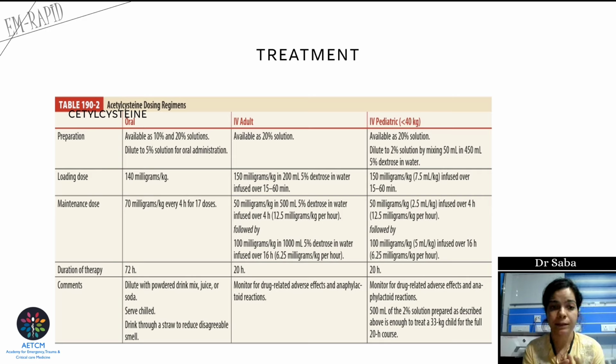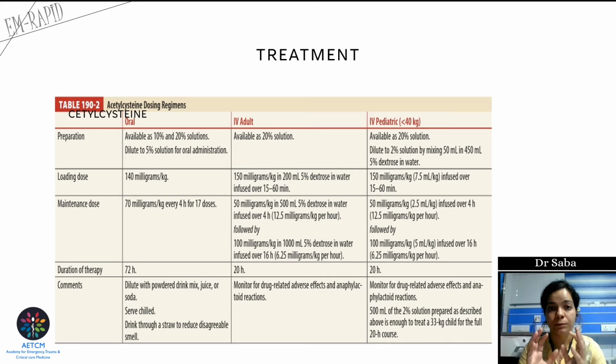Now this is available as 10% and 20% solutions, and we dilute it to a 5% solution. Similarly, IV, like we discussed earlier, is available as a 20% solution, and we dilute it to a 2% solution when we have to administer through peripheral veins. And if it is less than 40 kg, you have 150 milligram per kg, which is infused over 15 minutes to 1 hour, then 50 milligram per kg, which is infused over 4 hours, and then